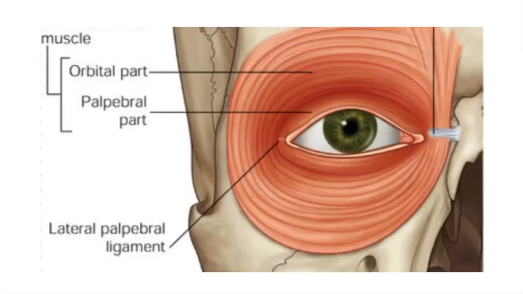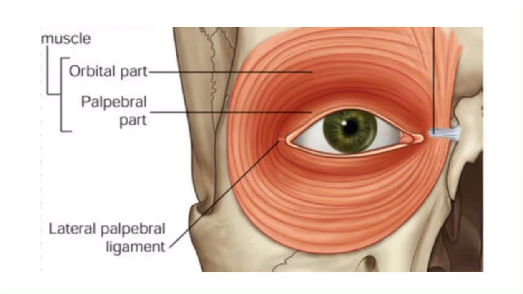The first muscle, orbicularis oculi muscle, has three parts. One is the orbital part, second one is the palpebral part, and third one is the lacrimal part. The orbital part origin, when you write about the origin, you should start from the ligament. Here I have given the white color one, that is the medial palpebral ligament. So it starts from the medial palpebral ligament and goes towards the lateral side. See how nicely it loops around, and laterally it doesn't have any bony attachment, that is the key point. Then down again it comes and attaches to the medial palpebral ligament. This is the orbital part origin.